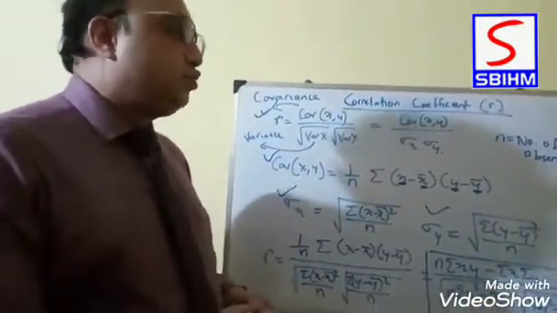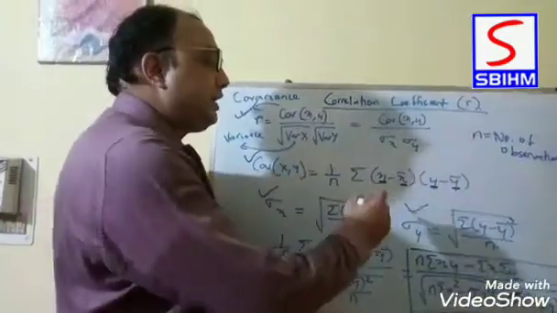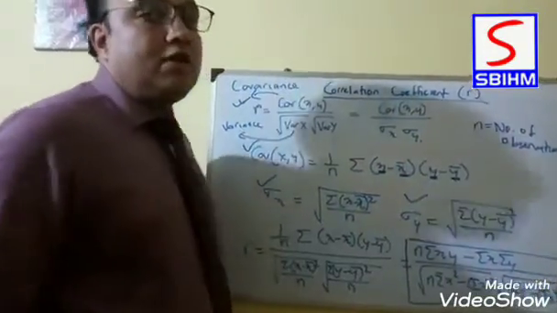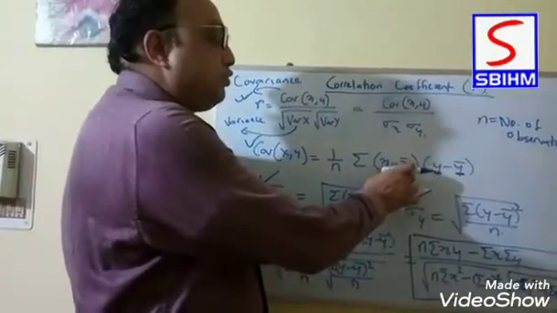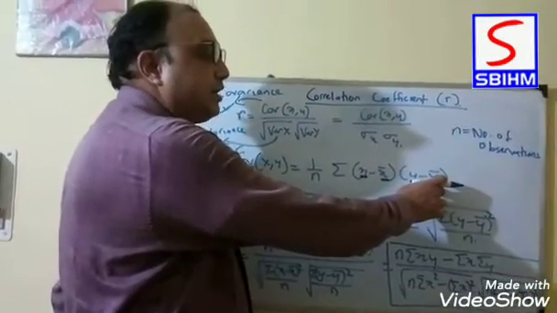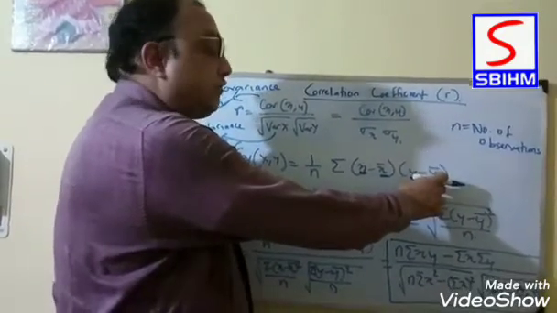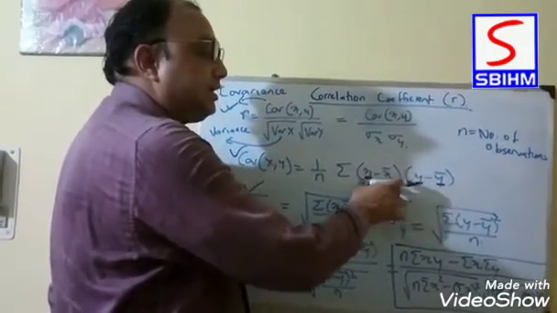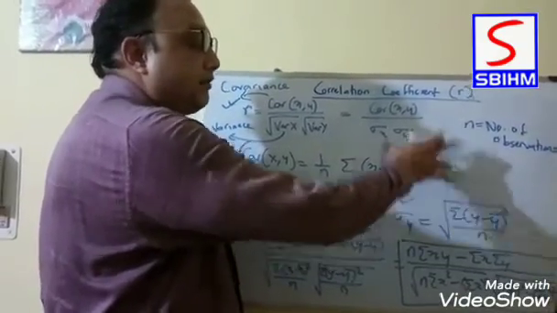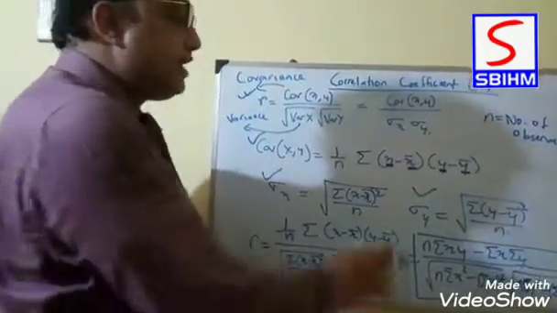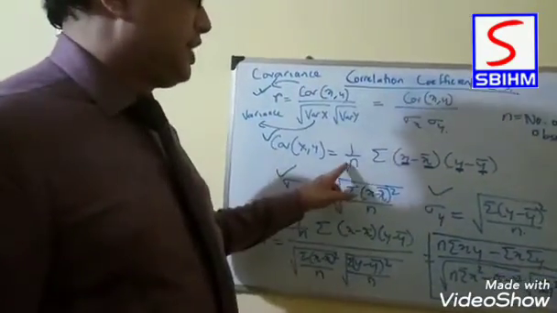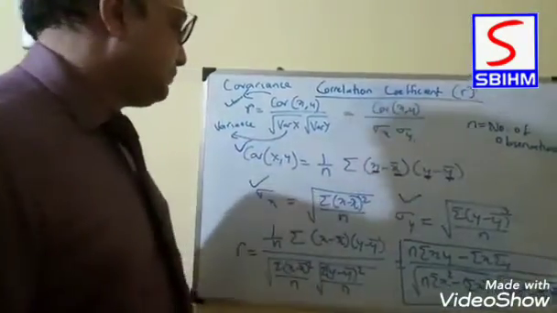Actually, to measure covariance, we calculate the deviations of the individual values of x from the mean of x. So the difference between the individual values and the mean is taken, and it is multiplied by the difference from the mean of values of y. First the difference is taken in both and these two are multiplied, and after we do it for all the variables, they are added, and after that we divide it by the number of observations. N is equal to the number of observations.